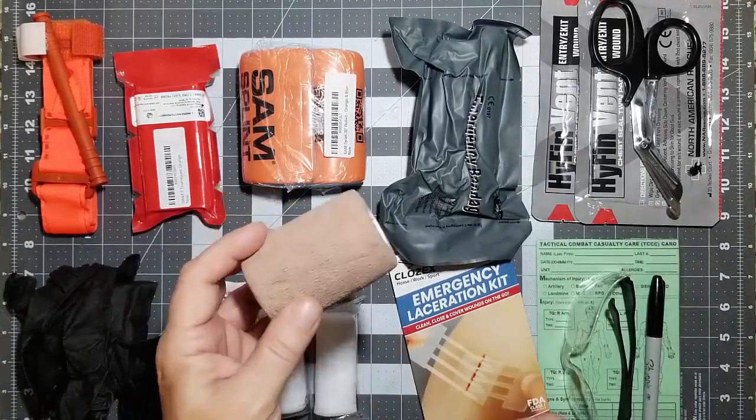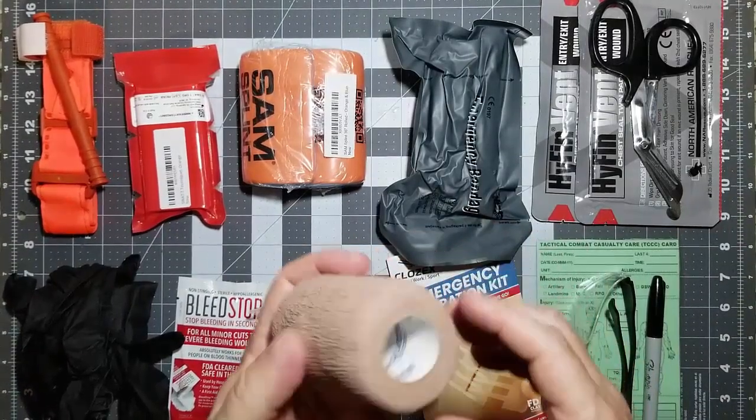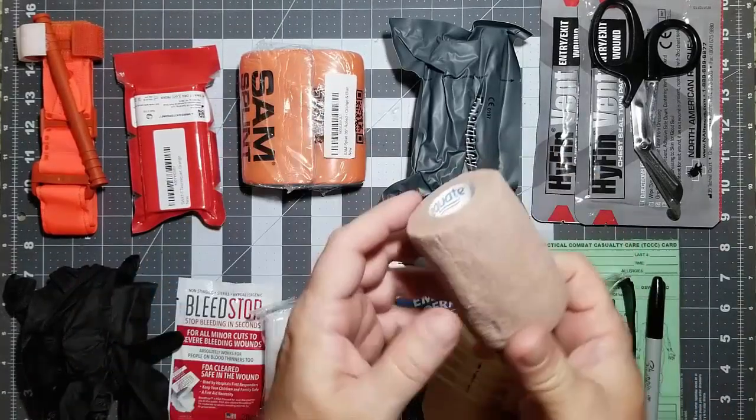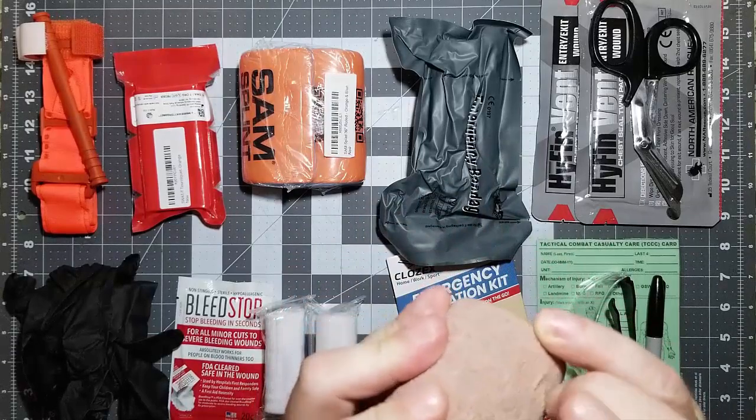This is what they call a self-adherent bandage. The reason I keep this is because it takes the place of the old wrapping the leg up. Like, I would use this to wrap around the SAM splint. You can also cut this. I'm trying to find the edge. These things adhere so well